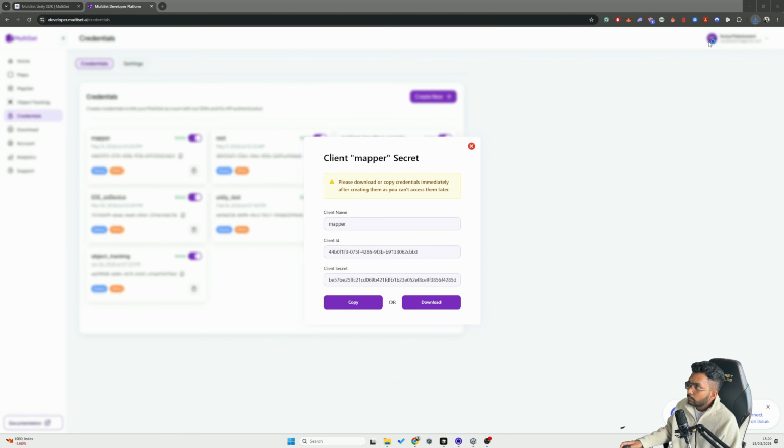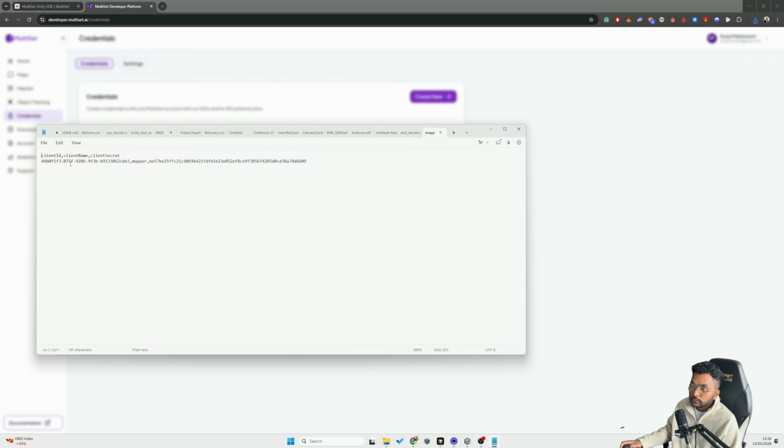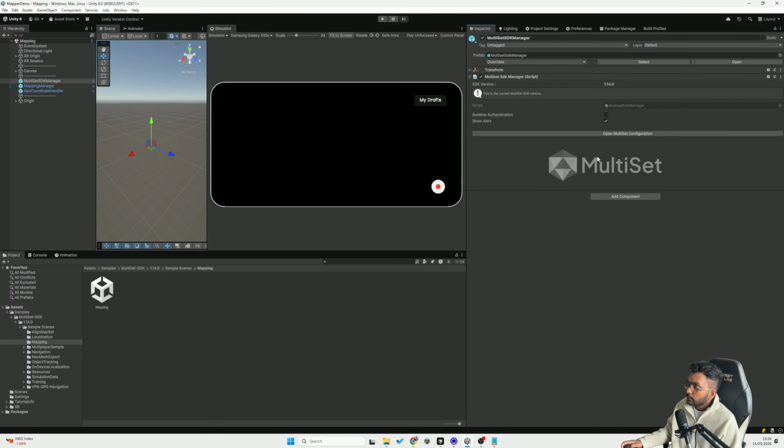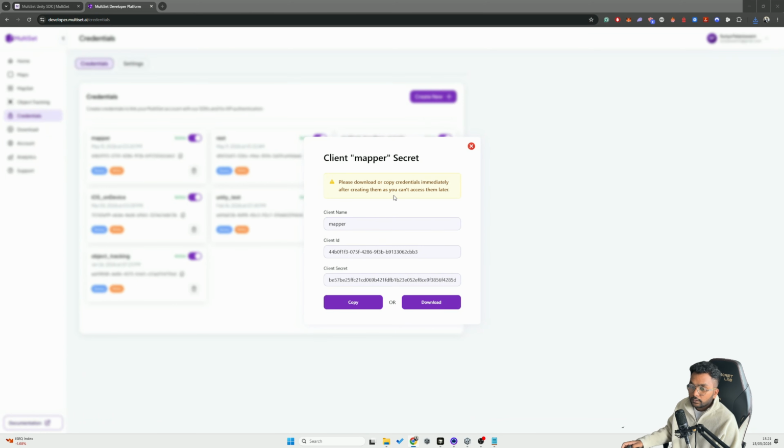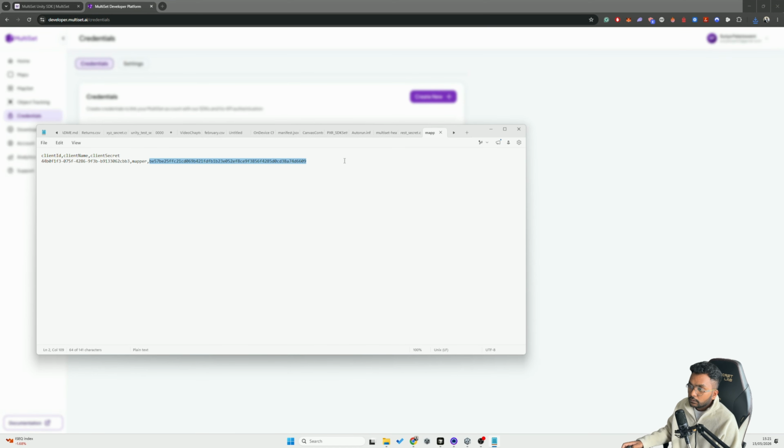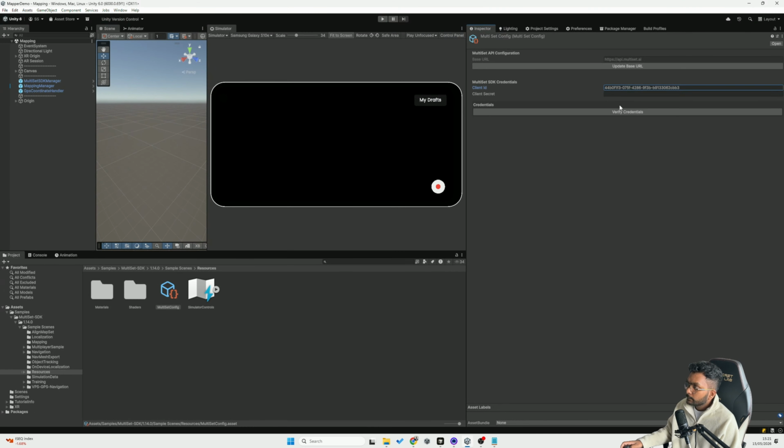Now let me just open this up, and what I'm going to do is copy this to my Unity and set this up. So in the Unity scene, in the mapping scene, what we want to do is click on MultiSet SDK Manager and click on Open MultiSet Configuration. Paste the client ID first, and then paste the client secret and verify credentials. And you will see here it says that the entered credentials are correct,